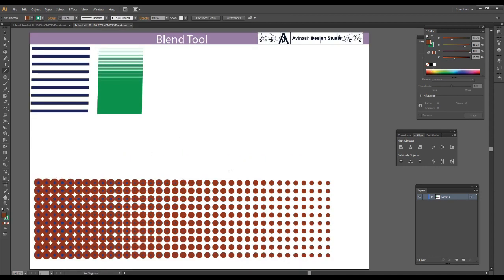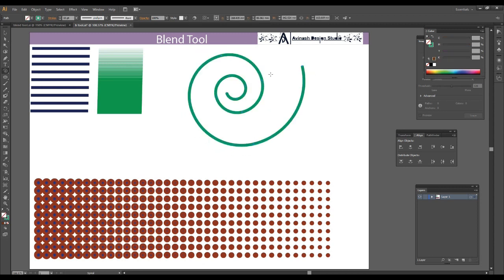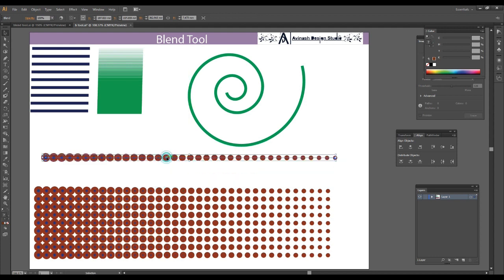Now we go to make different designs from this. So go to the shapes or line tool. There is an option called a spiral tool. We'll make a spiral like this. We can change the color, any color we can change, and select any one. So we'll select this one and select this one.